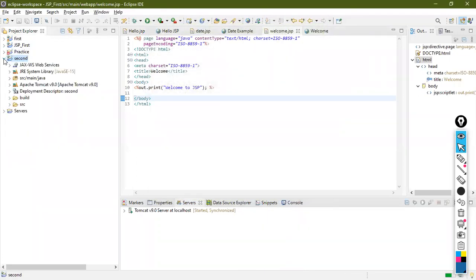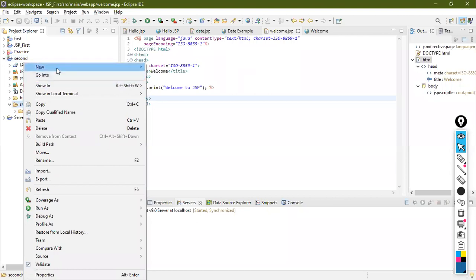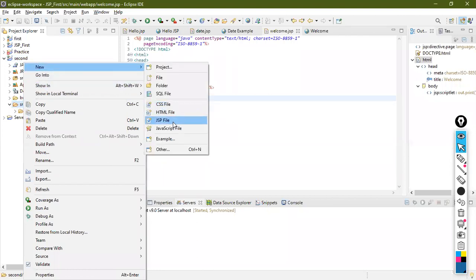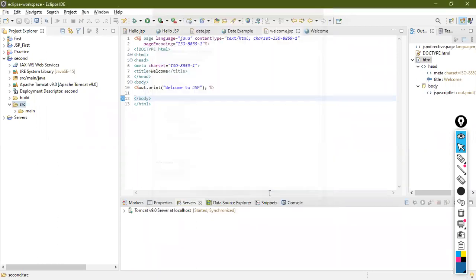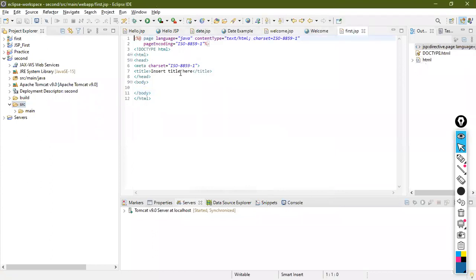See here, it is creating your second project. Click on the source folder, right click, new, and create a JSP file. It will ask for a file name. You can write my JSP file, or just first.jsp. So it is creating the first file.